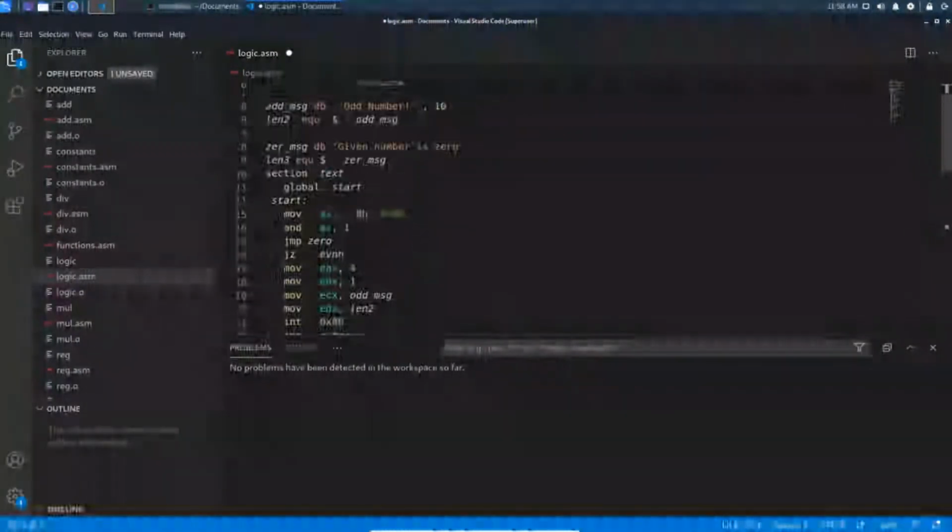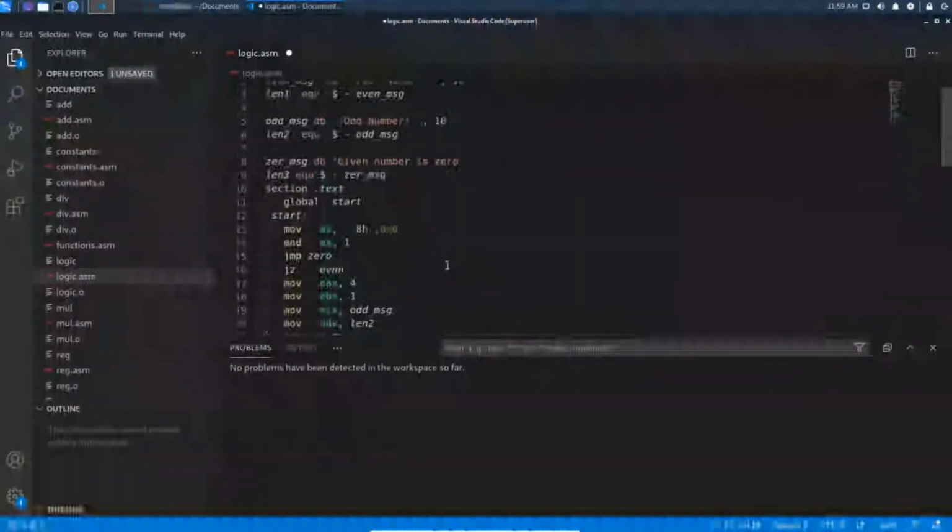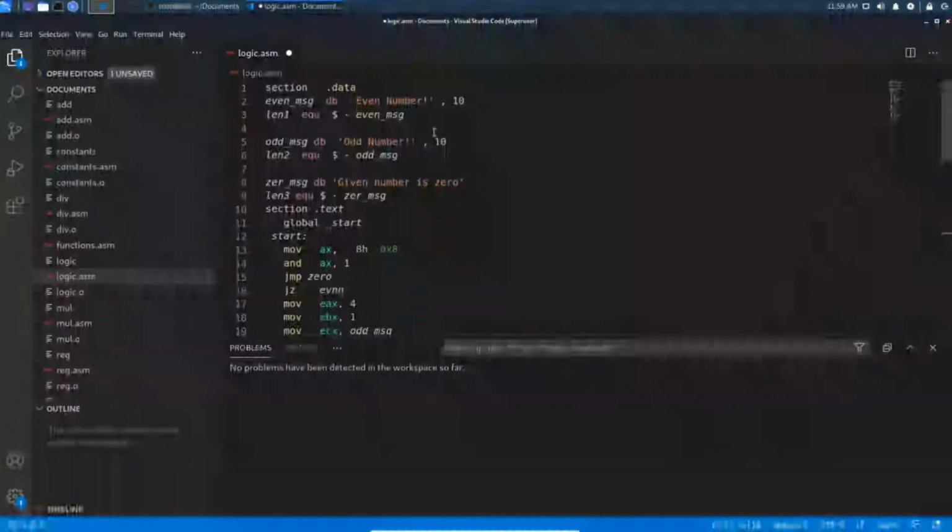In this, first we are going to move the hex number 8 into the AX register, and then by ANDing 8 with 1 we will get 0. If the result is 0, then the function even_n will get called. Here is our even_n function, and it will get executed, and then our function will print that it is an even number. And if it is odd, then it will print odd.